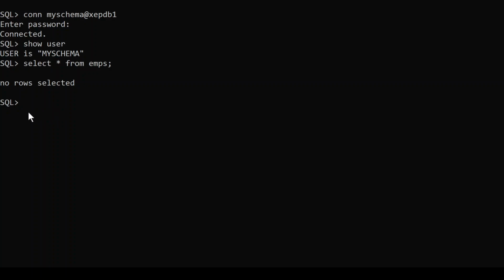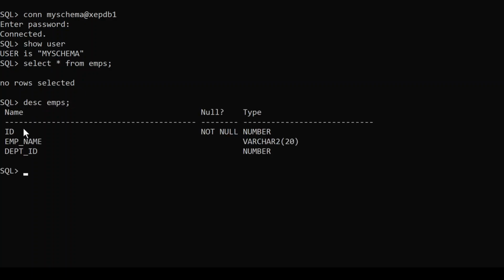Let's check the description of this table. This table has 3 columns: id, emp_name, dept_id.